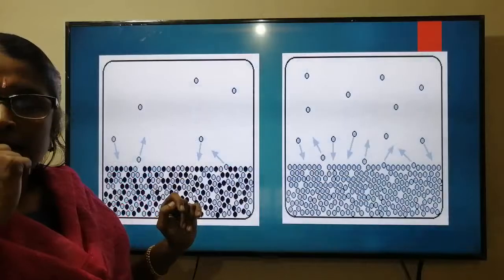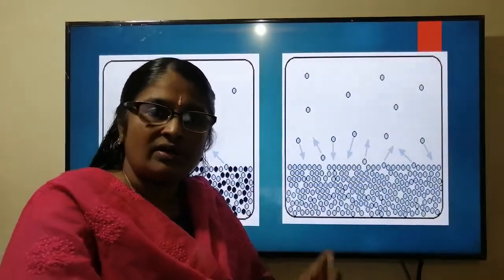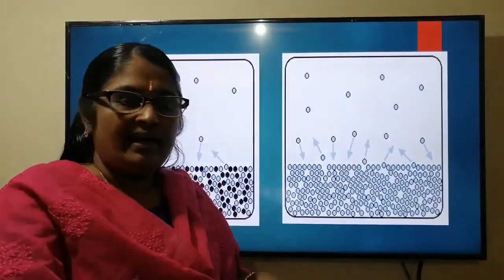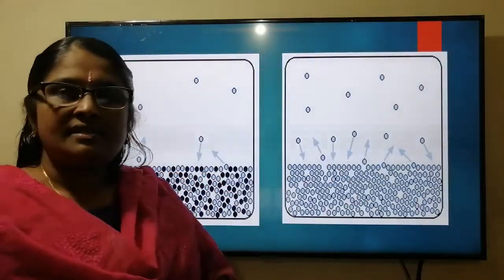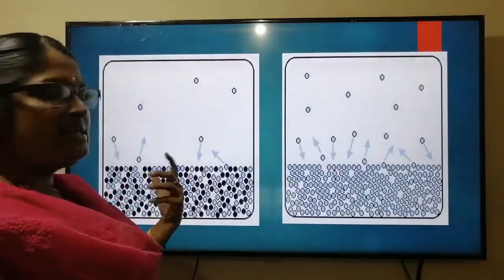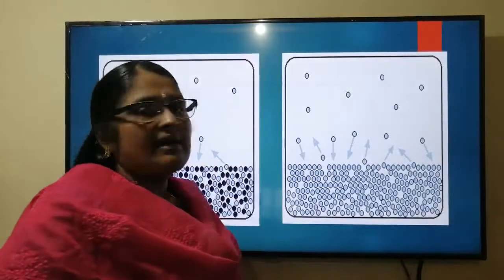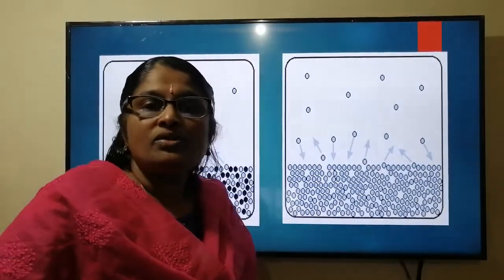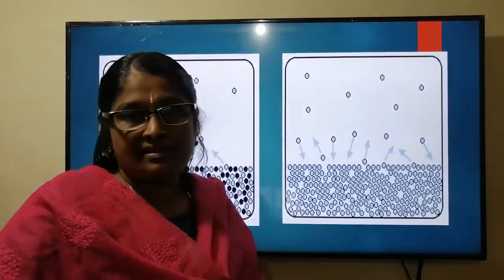And suppose to this pure water we add some common salt, sodium chloride, and stir it well, we know what happens. The sodium chloride will dissolve. Or if we add glucose and stir it well, in both cases they will dissolve. Here the peculiarity is that sodium chloride and glucose are non-volatile. Non-volatile means they will not vaporize.